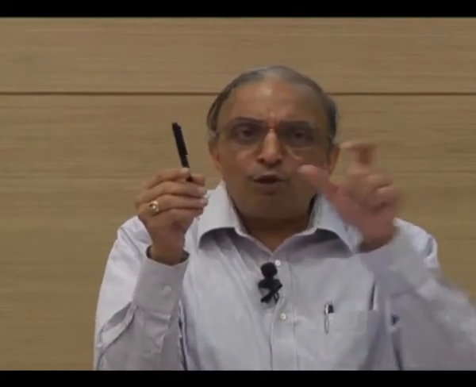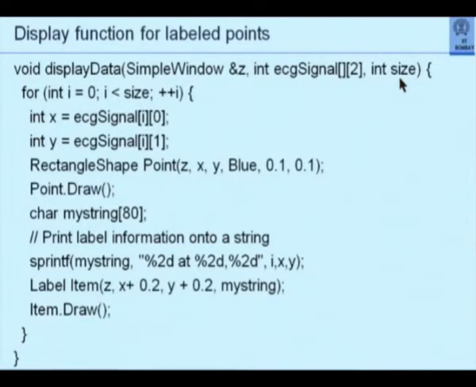So, first row, if there are 2 columns, then 0th element, first element, then 0th element, first element, it is known. So, only columns need to be specified explicitly. You can of course also specify the rows, that is not objected to, but this is one way of doing it. And then there is something called size, which is the actual number of rows which are used.